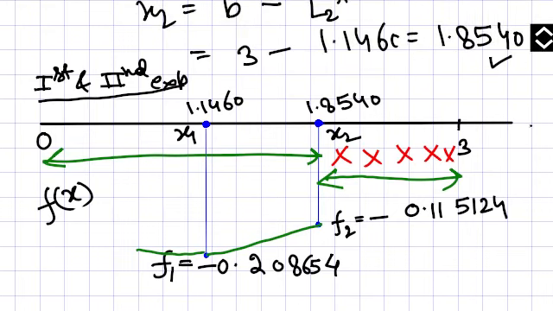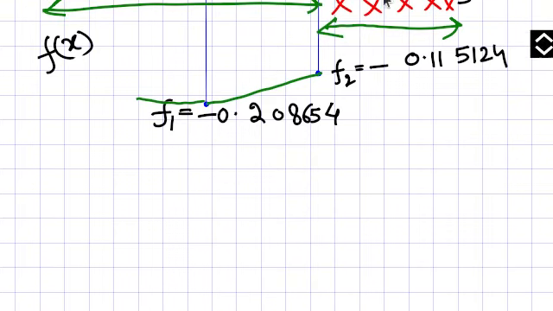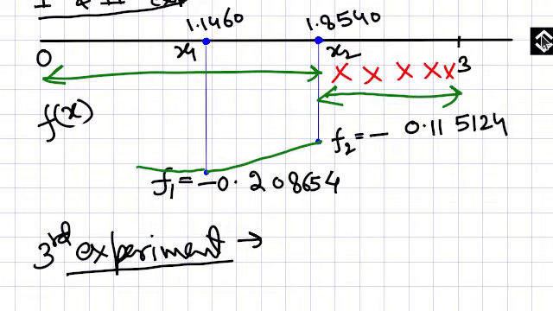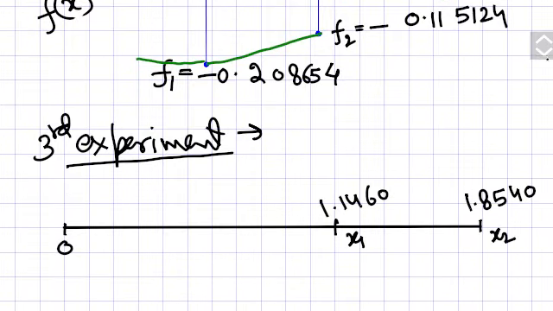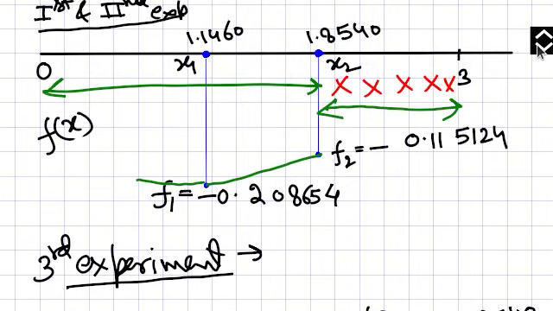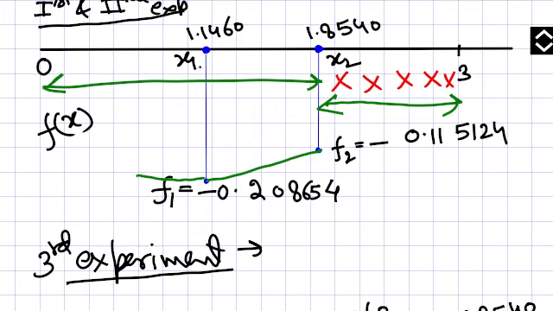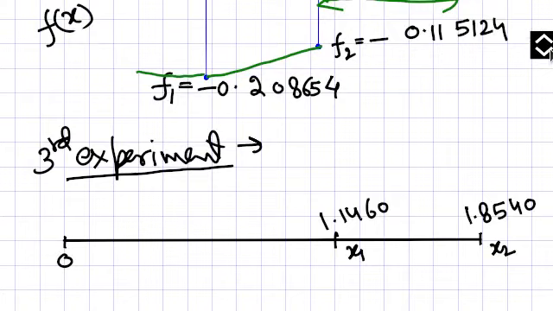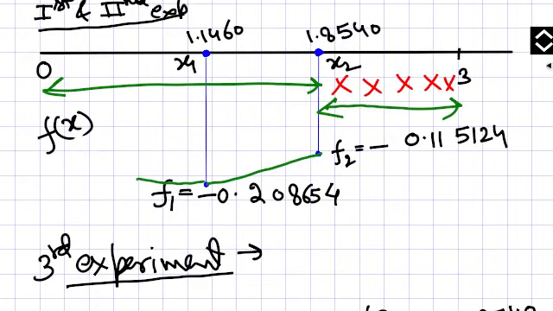So now we are doing the third experiment. We will write it this way, that it is our third experiment, or you can say the third iteration. And now you know the method, so you can very well do it yourself also. So I have drawn only the area of interest, so you can see that this point x1 has come here, and the point x2 has come here at the extreme, and this area has been deleted.